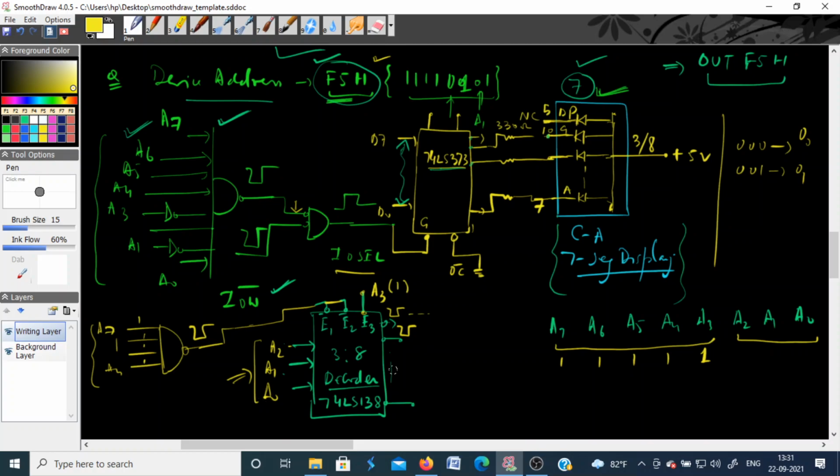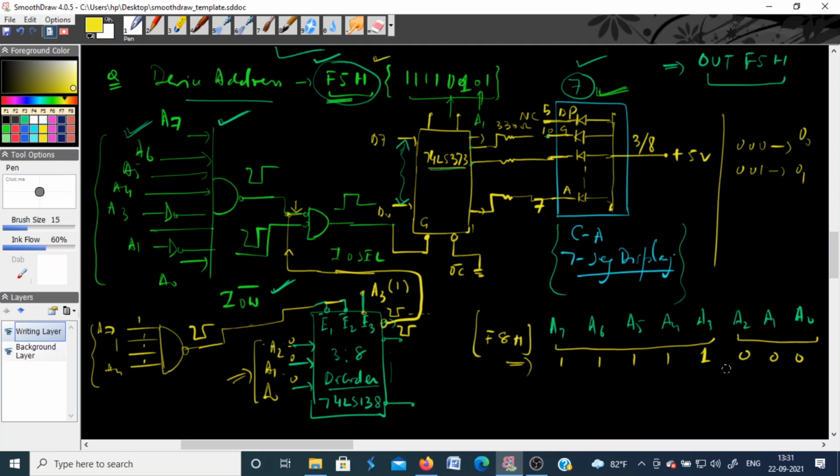Okay, so suppose I connect any address, suppose I connect output 0 of this with this pin. Okay, now this will come from this terminal input. Okay, it means now this should be 0 0 0. Now when it is 0 0 0 here, and 1 1 1 on all the pins, this chip gets selected and output O0 will be active low pulse, it will decode it. So this address in that case will become now F8H,